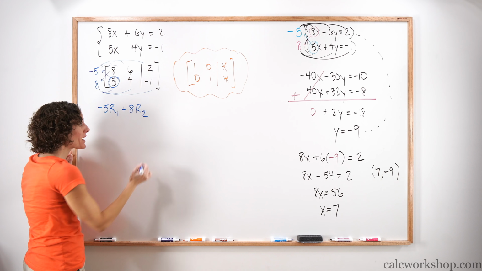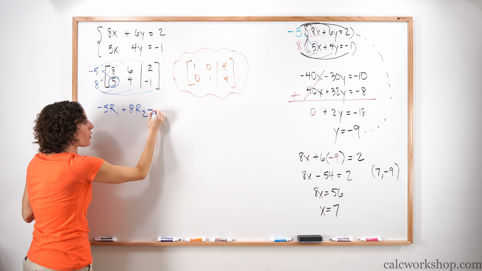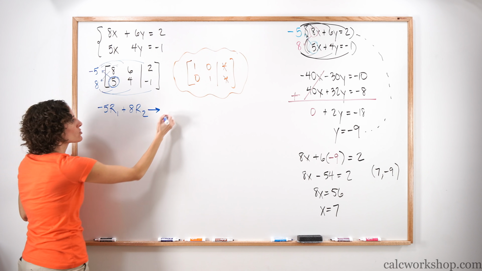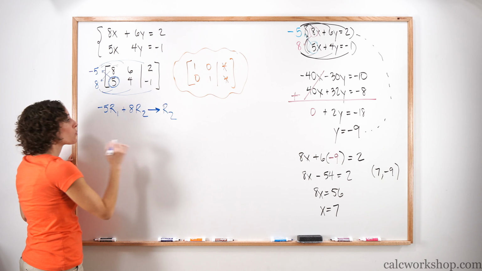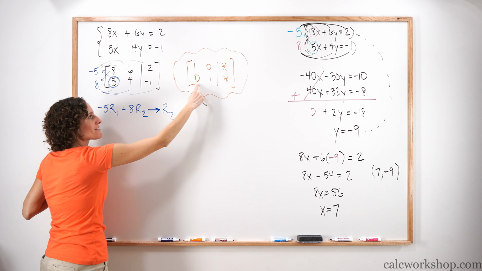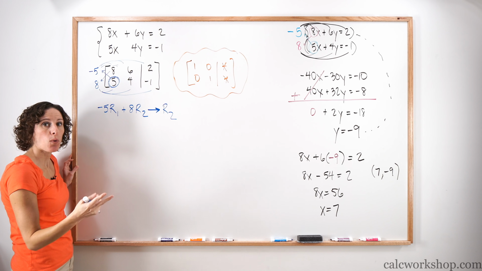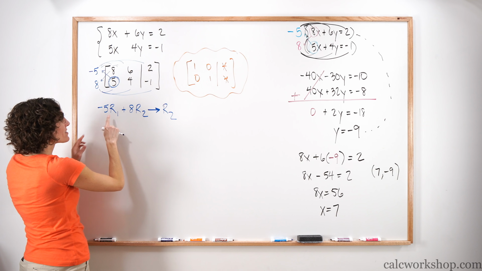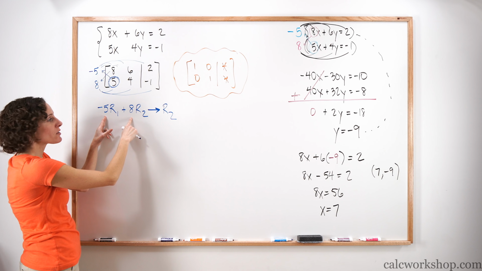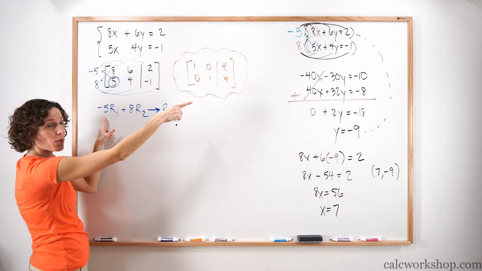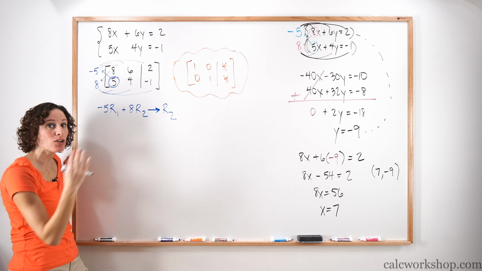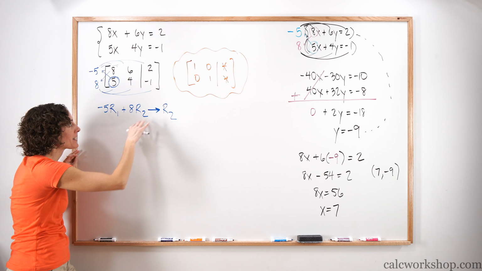We want him to disappear, which means we want to change row 2. Why row 2? Because that's the location that we need to go away. That's the elimination part that we're looking for. So we're going to multiply 2 rows and then add them together, just like we did there. This is the command line, which is what your professor or anybody looking at your work wants to see.